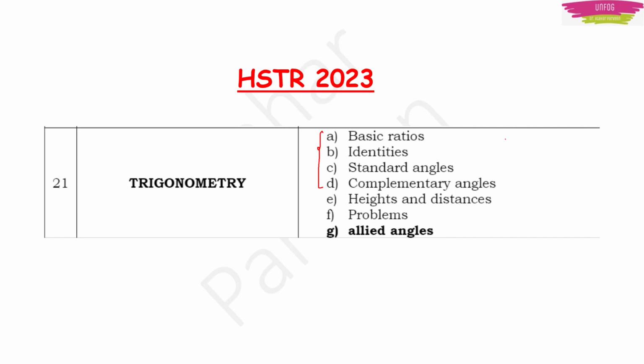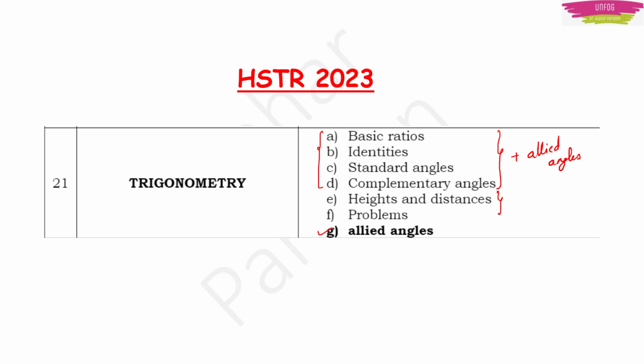In the next class, I will try to focus mainly on heights and distances and problems. And in this class, I will also consider allied angles. So this class will be based on basic ratios, identities, standard angles, complementary angles and allied angles. We will discuss all topics,